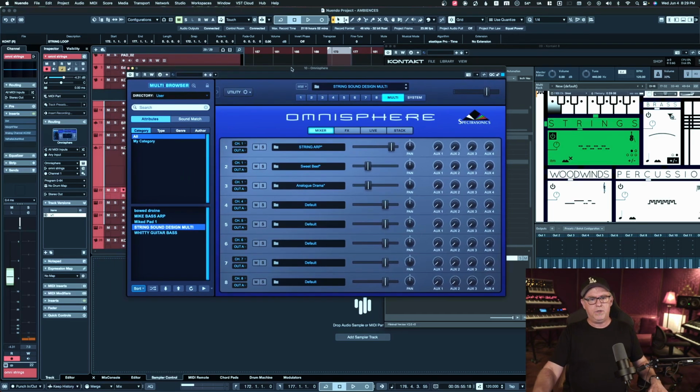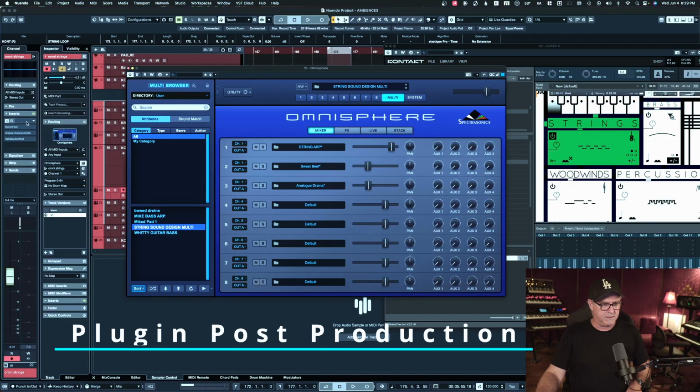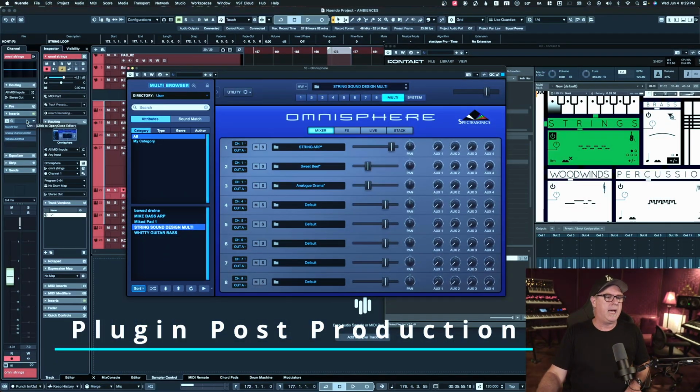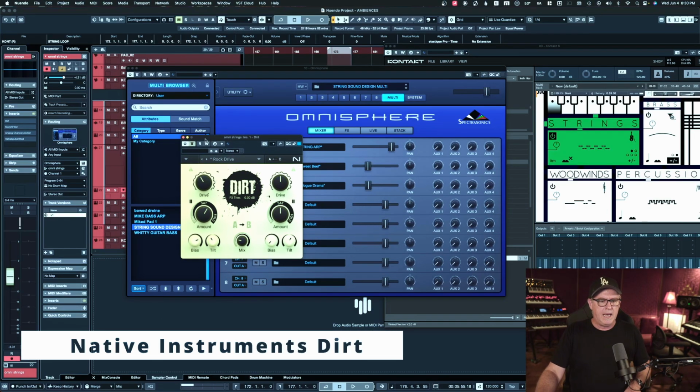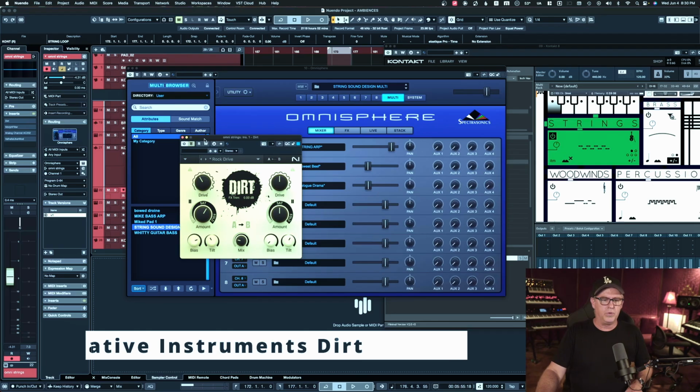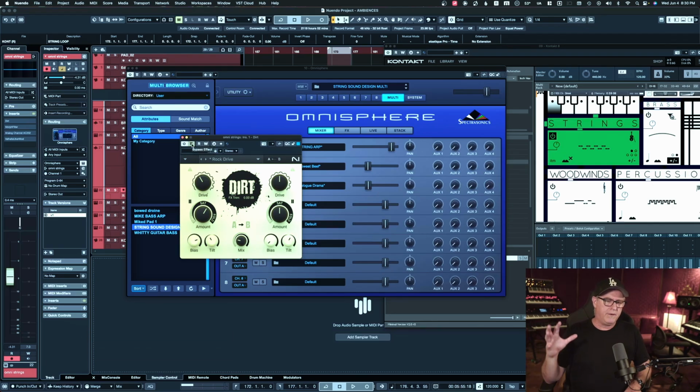So you've inputted your loop into here that you've made, and it could be a lead sound, it could be whatever you want. And we're going to start adding some plugins to it. The first plugin I'm going to add is this plugin that I use all the time. It's called Dirt, and this is a distortion. And you can overdo it with this. I mean, it depends on what you're trying to do. But let's turn this on. When we play this really low one,